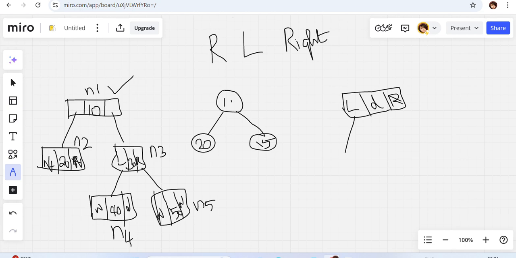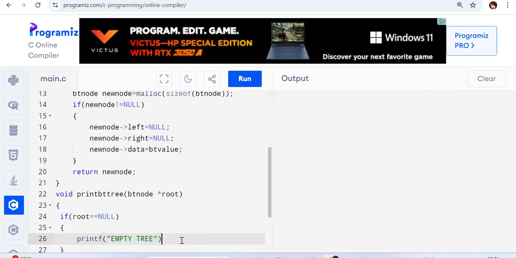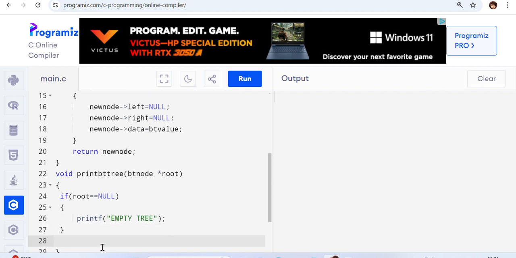So I have a root, I do not have any left and right child, then it is an empty tree. I give a semicolon, and then else I have to just print the value. So value equal to,